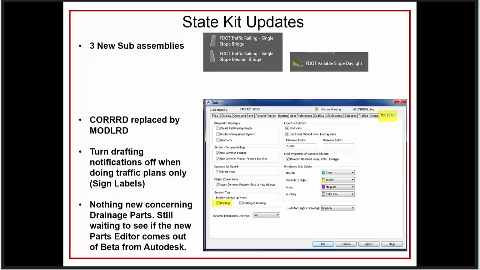And I've got to say, I'm quite impressed with a lot of the workarounds that consultants and users have come back with, and being able to use the troubled parts and make them look correct. And there's also another trick you can use. Inside the state kit in the blocks folder, there is a file called DR Plan, which